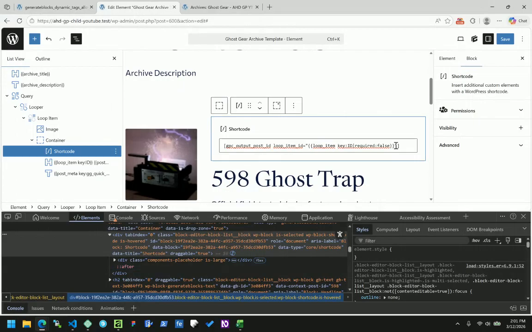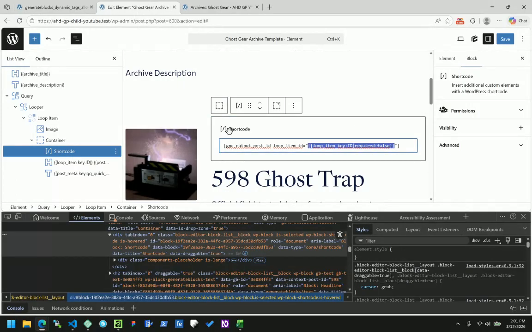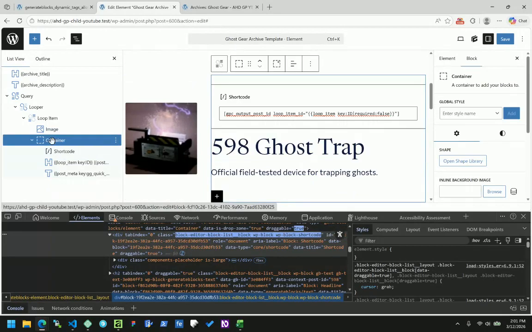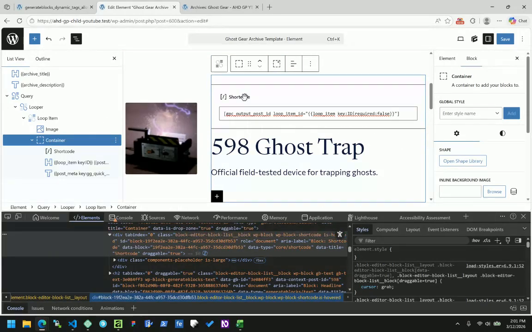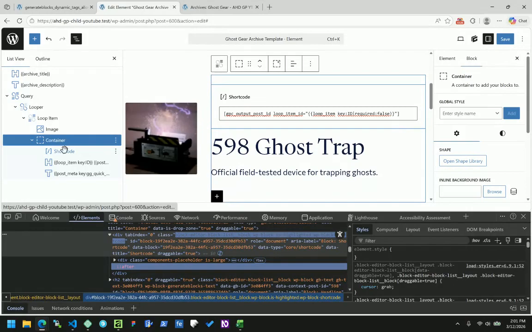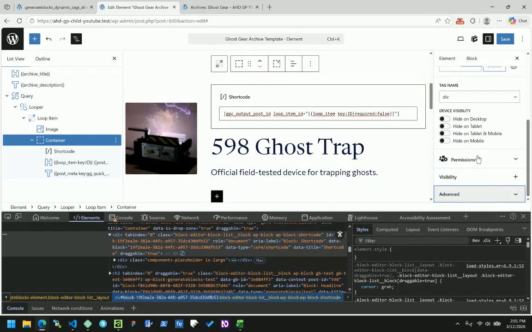So what I found out I could do was I could include this value as a data attribute, or rather I could wrap the shortcode block in a GenerateBlocks container. Now in this case, I should be able to use the container that it's already in, but in what I was doing, I just made a container around the shortcode container. And because the shortcode is going to output something, I could style what was in that shortcode with the container block within GenerateBlocks. So if that doesn't sound complicated,